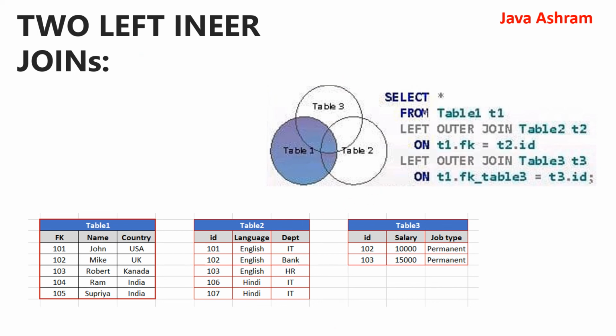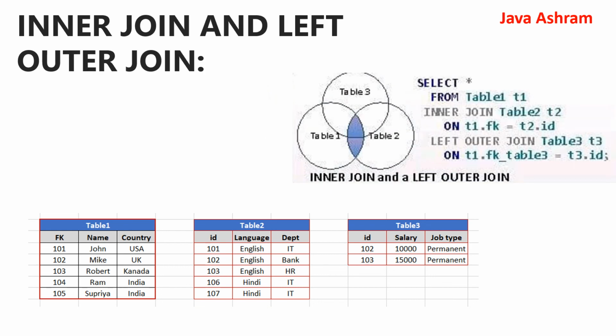First we will apply the left outer join on table 2 with table 1 like this. Okay, so from here to here, if you see, I am applying an inner join on the two tables, and thereafter I am applying the left outer join on table 3, right? So this resultant data will be applied in this query. So this is the inner join and left outer join jointly we are using.